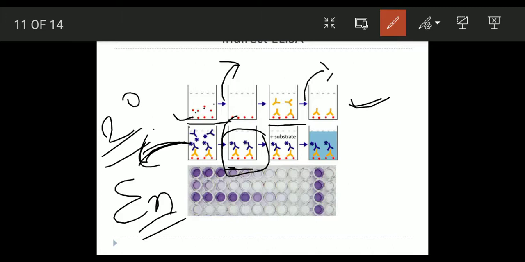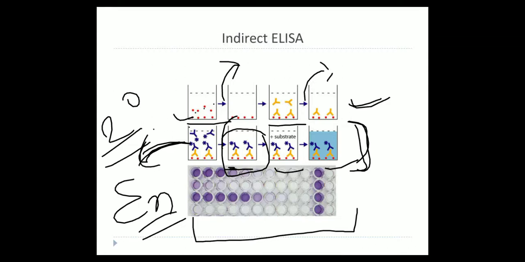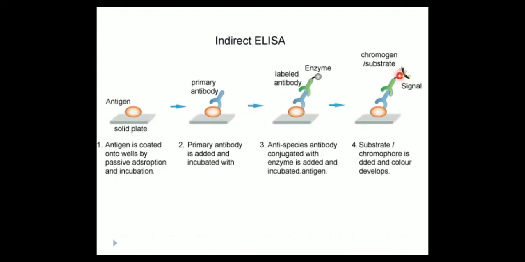That is why it is called indirect ELISA. Later on, substrate is added, and then color change occurs. After the study of the color change, and by comparing with the graphs, we can clearly know the concentration of antigen or antibody in the serum, or which type of antigen and antibody is present in the serum. And this is our typical microtiter plate. Let's move on.